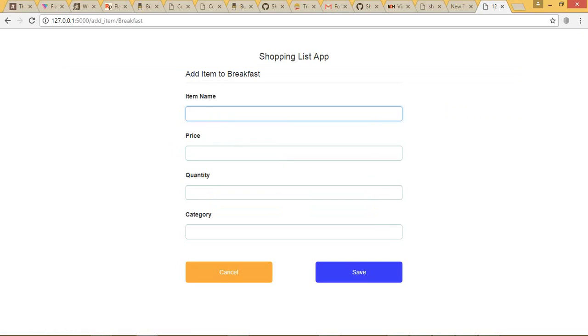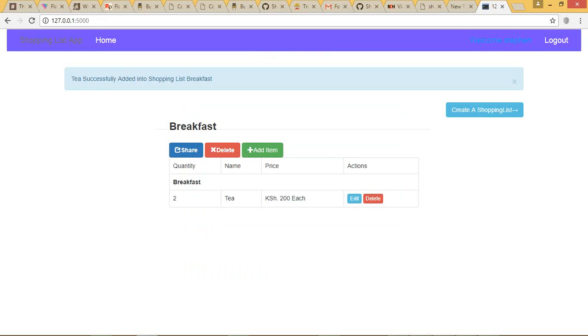Remember, I said an item should accept an item name, like tea, a price of 1 to 100, a quantity, you need 2 tea bags, and then a category, let me just say breakfast. So an item tea has been added to